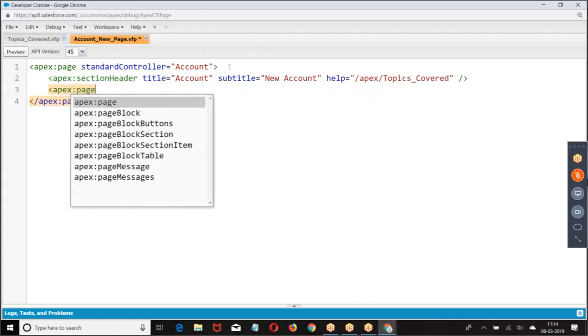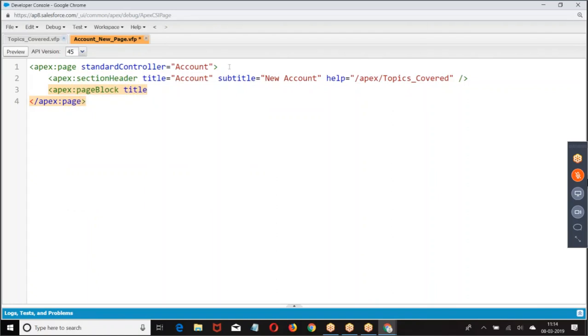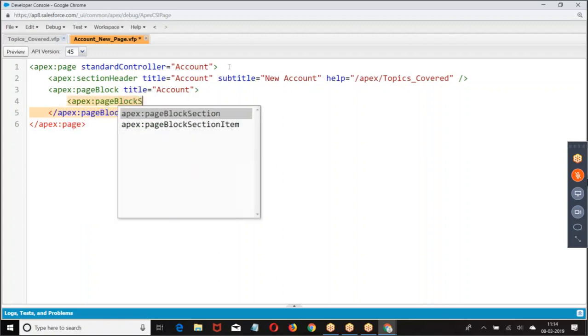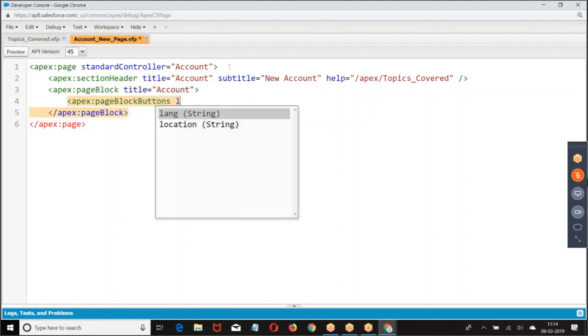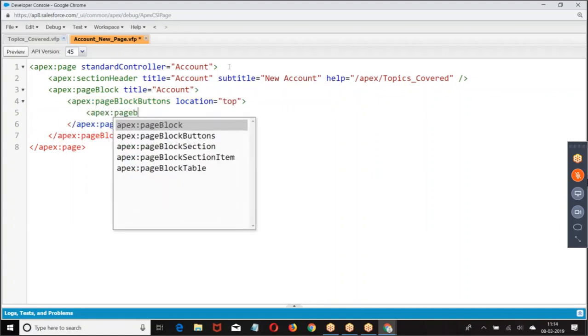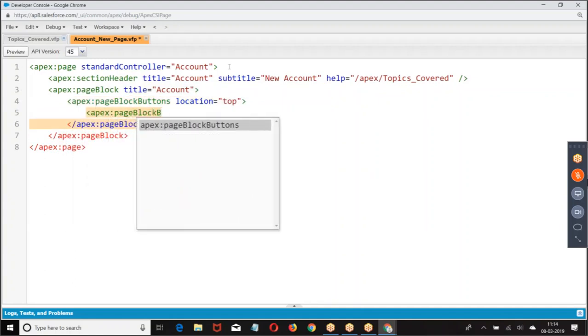Then I'm taking the fix. Page block buttons. Value equal to.